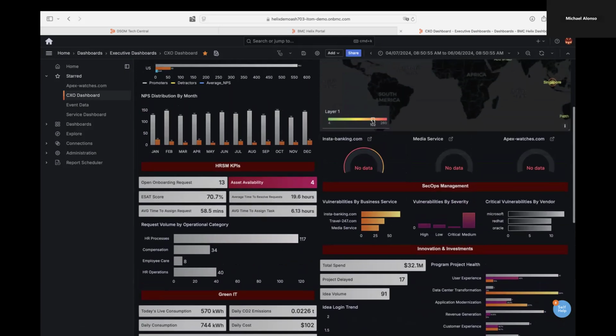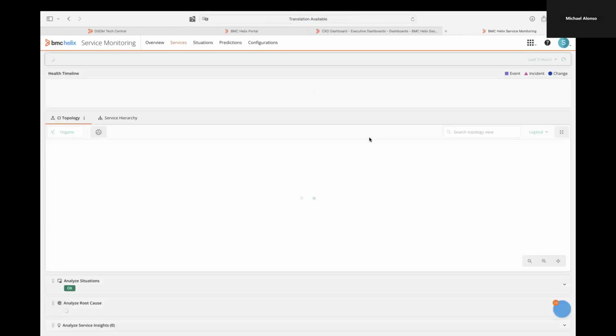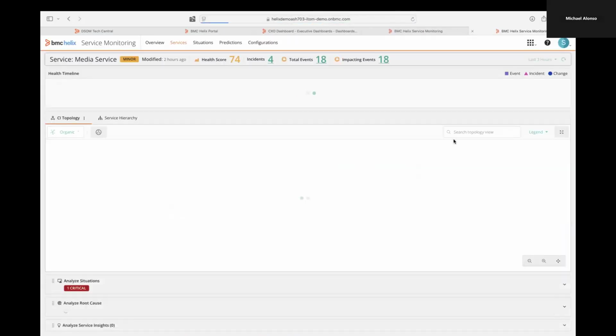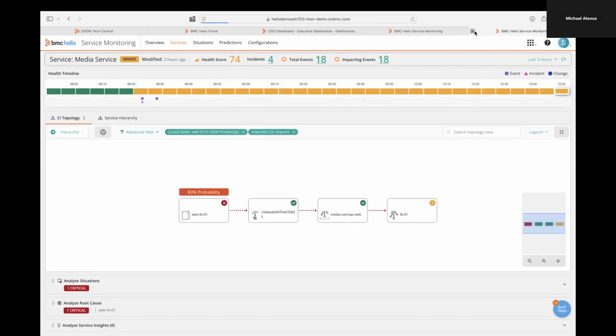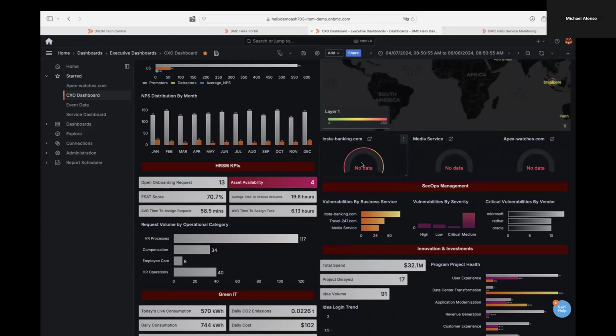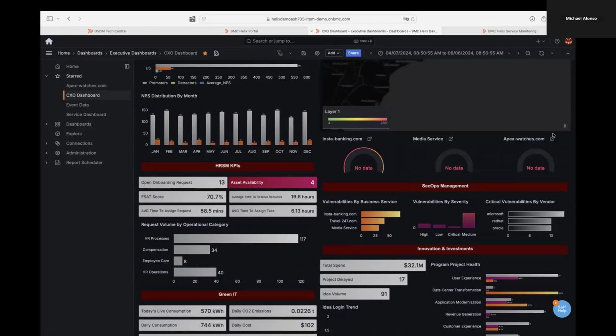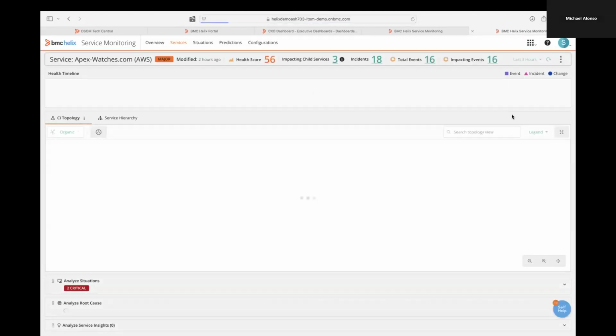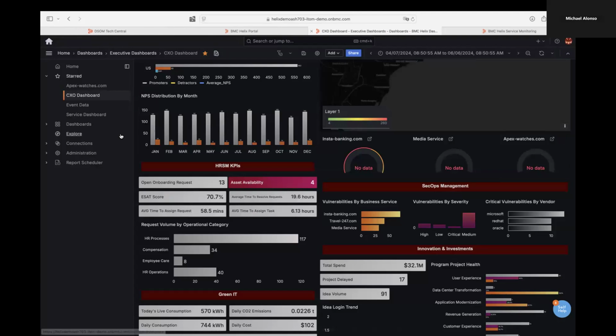We can drill down into additional dashboards. If I click right here, I can go straight into right where we were. Look, we go from a dashboard right into our incident banking. If I want to click a different one, I can go into a different dashboard. However you want to see this information, we have the ability to drill down into that information for us. We can also link additional, more technical dashboards.